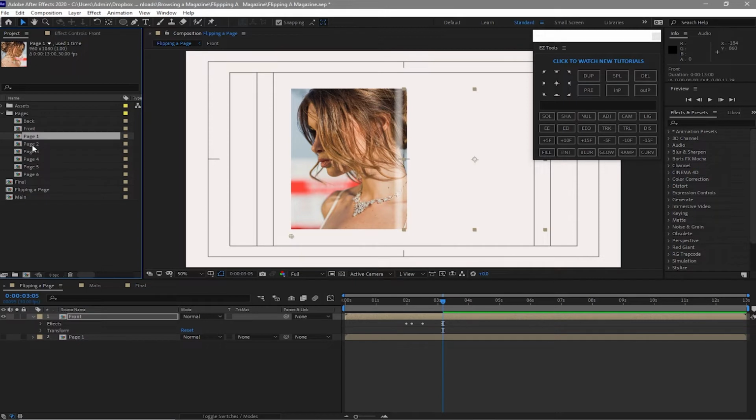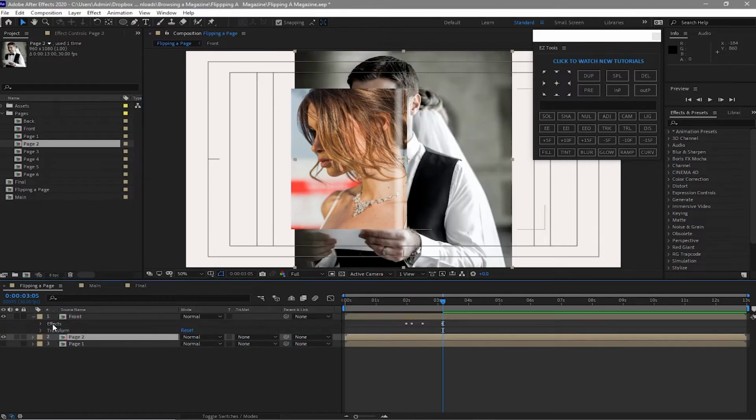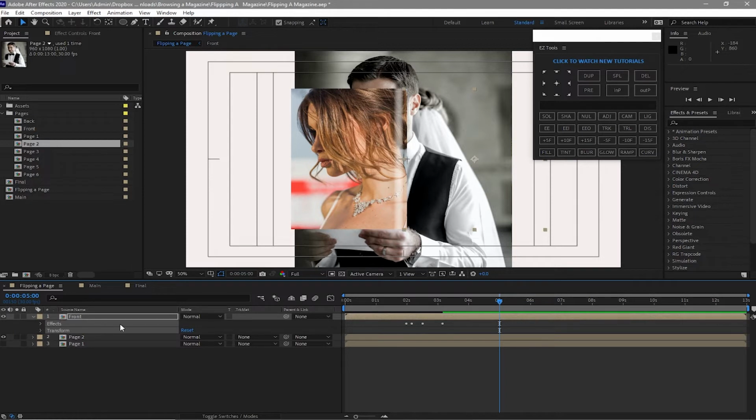and I will drop down the page 2 next to front, and I will move my playhead to about 5 seconds, and I will copy this by pressing Control C and Control V to page 2.